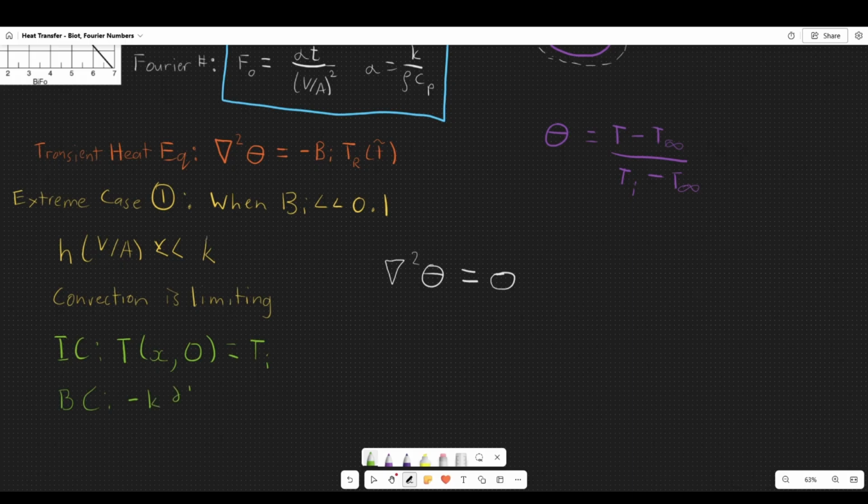Now we're going to use partials. So del T, del x, at x equals L. This is going to be x equals R. R is going to be the maximum radius of the sphere. But essentially, we're talking about the outer edge. So h, you know what? Tell you what, we're going to keep it at L. So this would be for a slab,